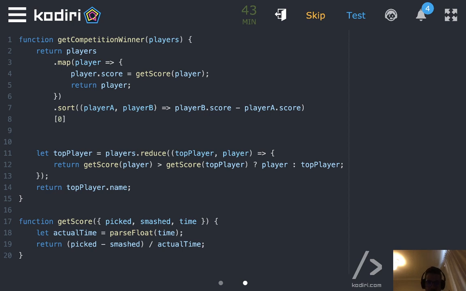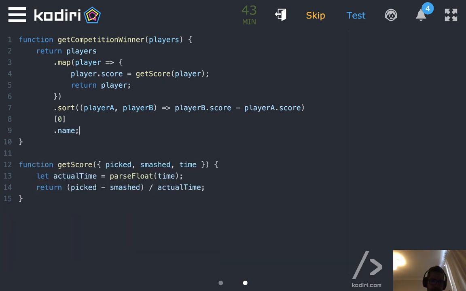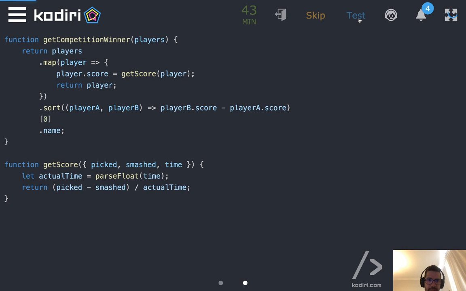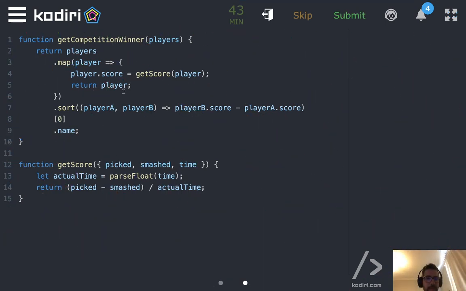That's correct. That's brilliant. That's correct. I'm not sure about the indentation on this occasion, but it should be something like that. So that should be the equivalent version. Let's test it. Let's see if it works. Yes, it works. So the difference is we had to loop multiple times. First of all, we are transforming the original array by adding a new property called the score. And then once you've got that property, it's very easy to sort it.